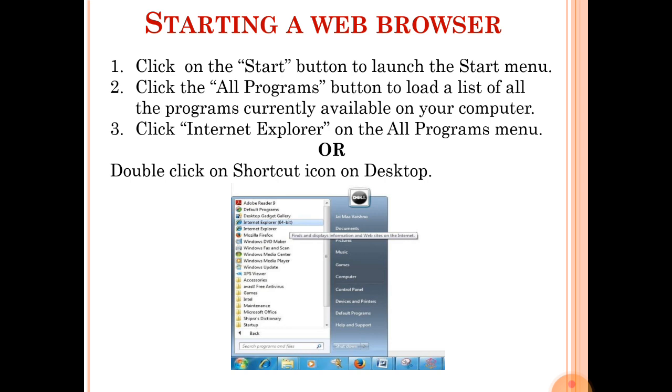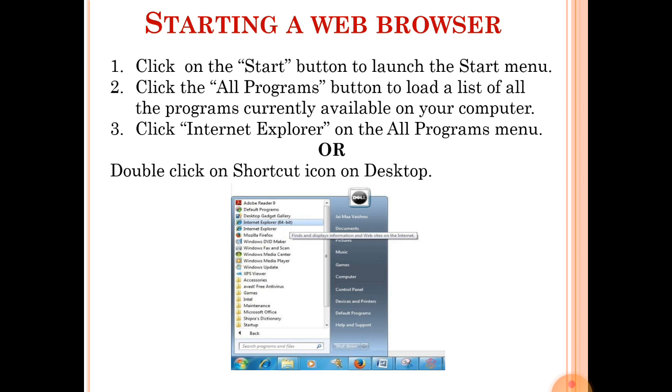So no need to reinstall Internet Explorer. By default, on all Windows platforms, Internet Explorer is installed. Later on, we can install any browsers. We can download from the web Google Chrome, Mozilla Firefox or Opera and install.